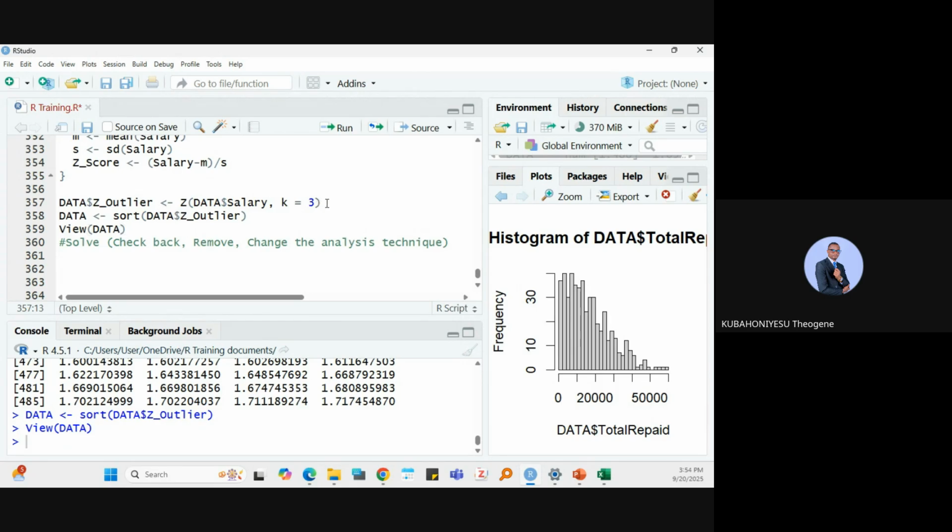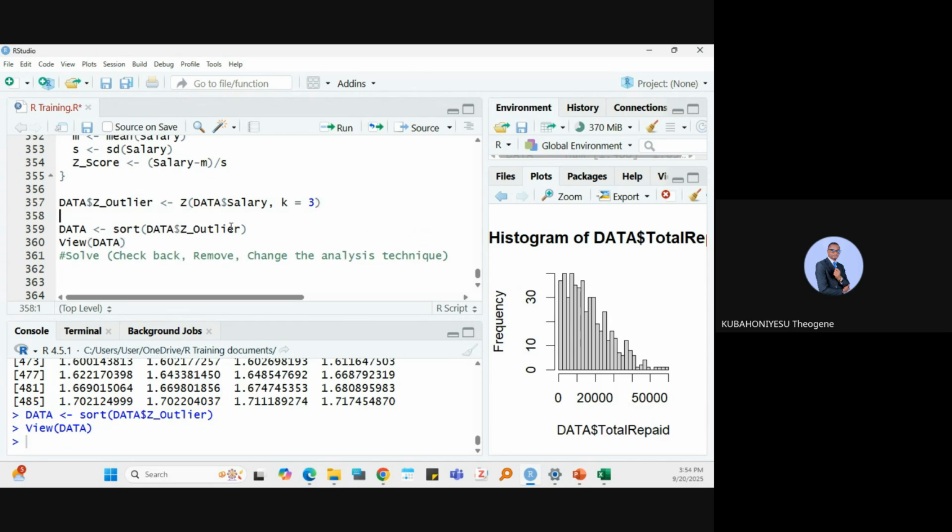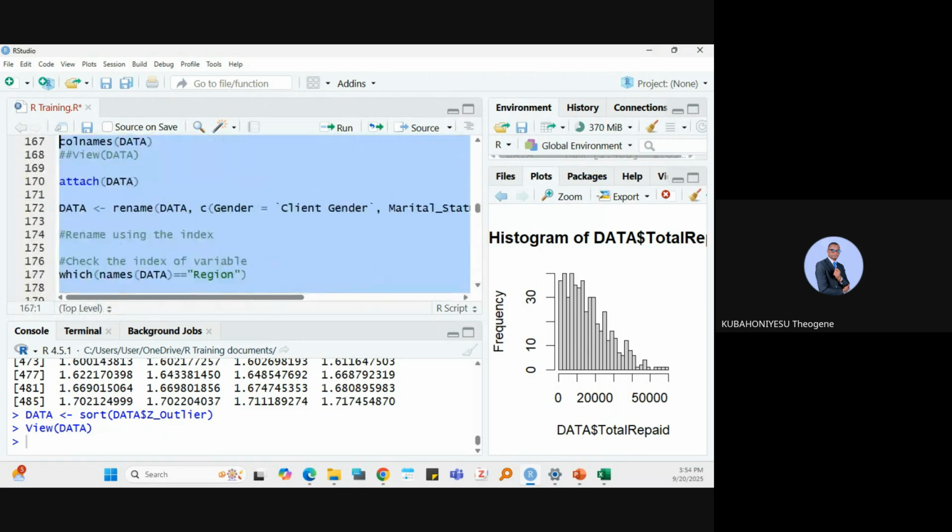So it has taken only the outlier because I have mentioned that. So what we have to do is